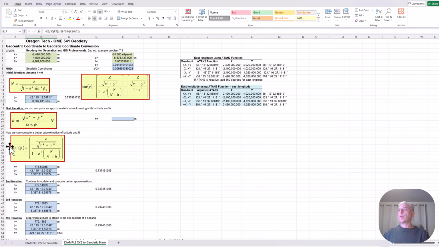In the first iteration, we're going to compute our height and use that height to get a new phi. Or actually, we're starting with 0. We're assuming a 0 and going through, and then we get our new phi, and from our phi we extract a new height and